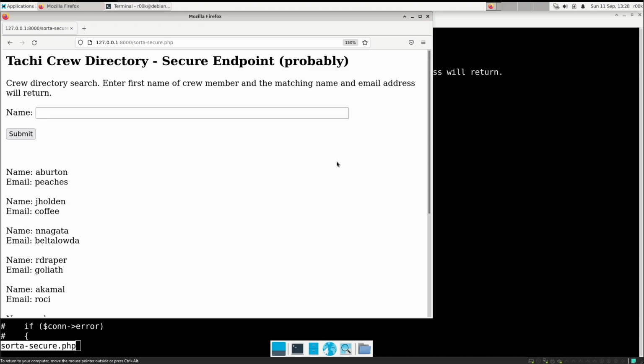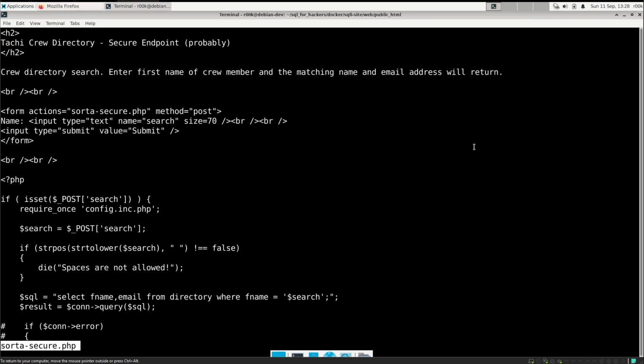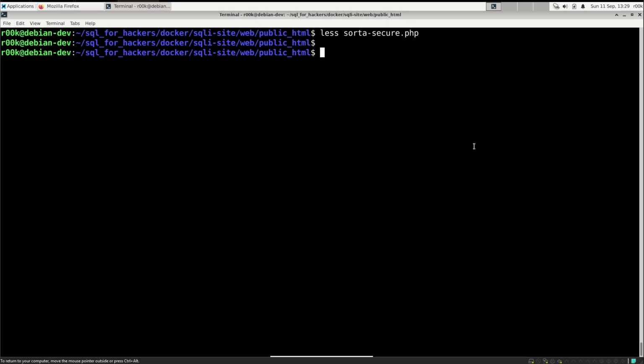The correct way to stop SQL injection, and the way it is solved, is through something called parameterized queries. And this is a section, if you have a buddy that's learning web application development at the same time you're learning hacking, send this section of the video to them, because this is how we solve SQL injection. SQL injection is one of the few vulnerabilities that's actually solved. In fact, this section of this video is the entire reason that I wanted to make this entire SQL injection series. As cool as SQL injection is, it's something that we shouldn't be experiencing anymore due to parameterized queries. So let's check this out.